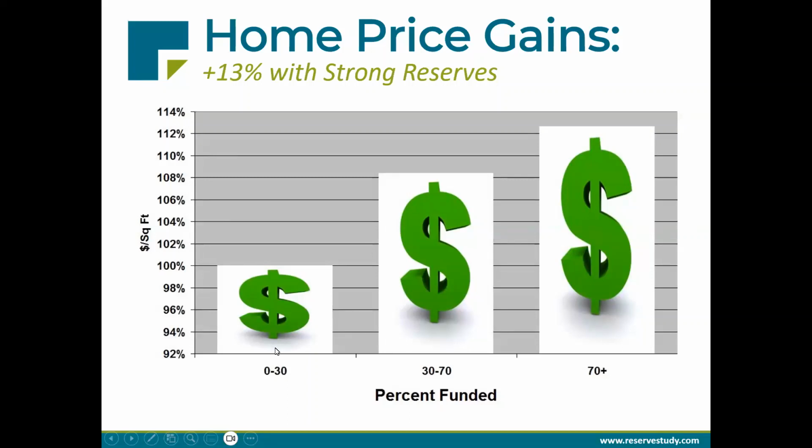We then looked at what happened to property values for comparable associations when they were in a fair position, between 30 and 70% funded. Now, what we found is that the communities in this fair position, compared to their weak counterparts, saw property value jump up about 8%, right? So the homes in these communities were 8% more valuable on average than the associations that, again, are comparable in almost every other way. Even more interesting than that, the ones that were in the strong position above 70% funded saw almost a 13% gain over the ones in the weak position, right?